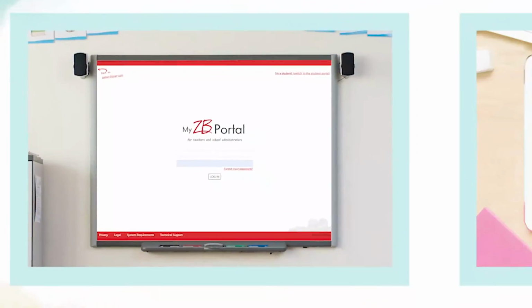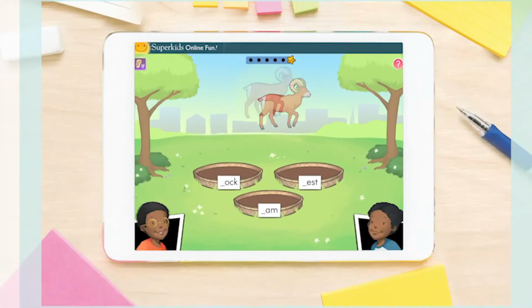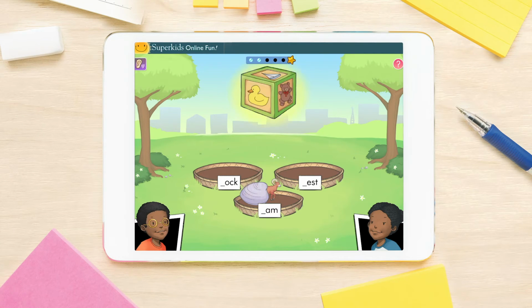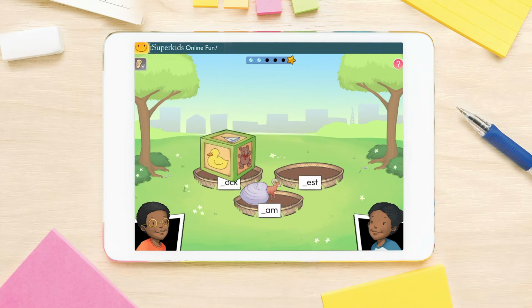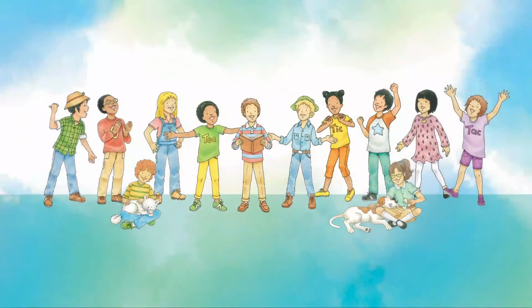In the portal, teachers monitor students' progress with Superkids Online Fun, the online games app for students. Students can access Superkids Online Fun through myzbportal.com at school and at home. And it provides meaningful practice with foundational skills in a fun gaming environment that students love, alongside their friends, the